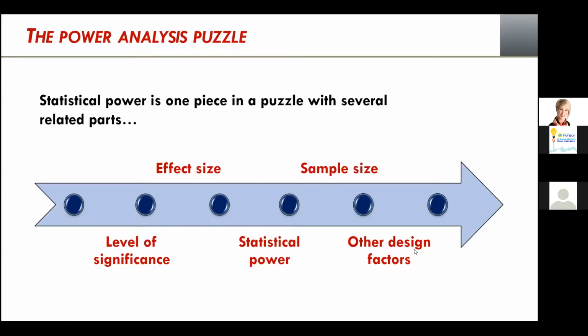For example, the reliability of your measures, how many control groups you have, whether your groups are balanced or unbalanced, meaning whether you have an equal number of participants in each, say in your treatment and control group, or whether they're really off balance. The number of follow-up periods, if you're doing something like a factorial ANOVA, typically the interaction effects require more statistical power than the main effects.